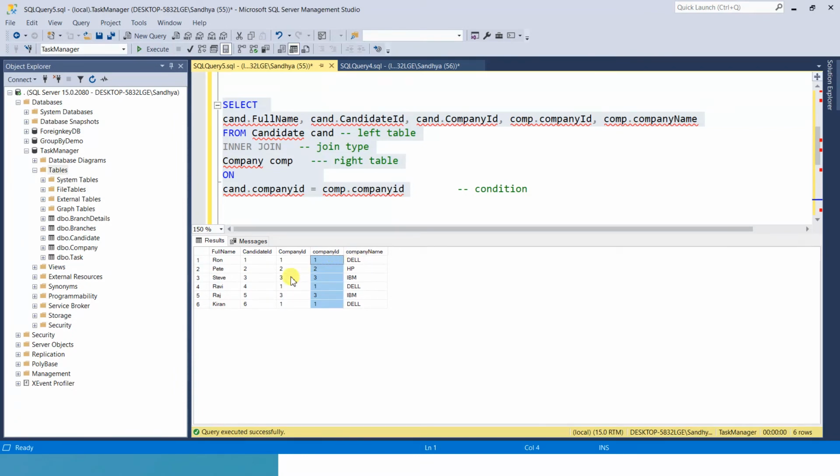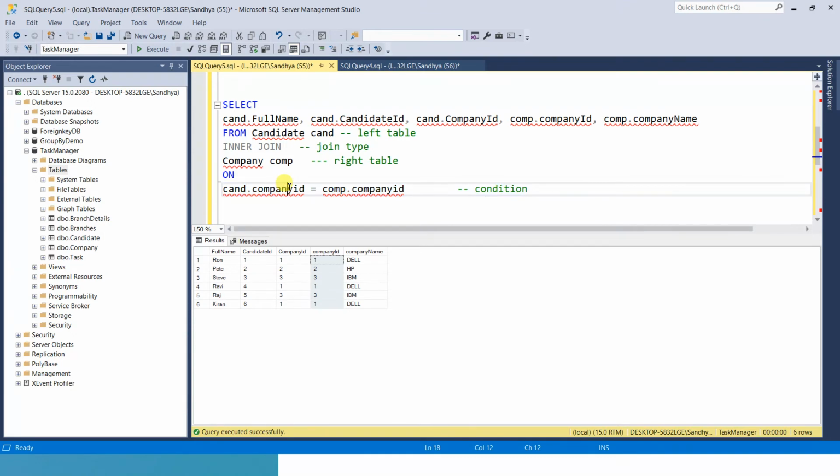To perform inner join, we are not discussing the other joins as of now because we already discussed the cross join, and right now we are discussing inner join. So let's keep our discussion till inner join, and in the next session we will discuss the other joins as well. For inner join, there should be one common column. If you want to find out the common records present in both of the tables, you will be using inner join, and the condition should be given like this.